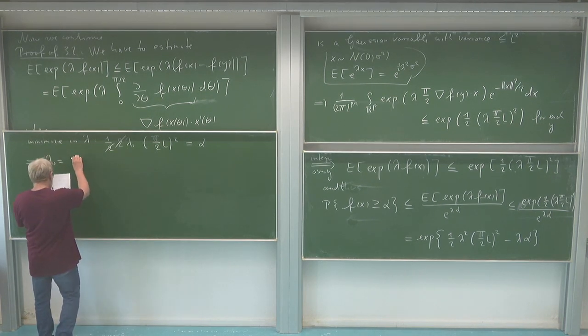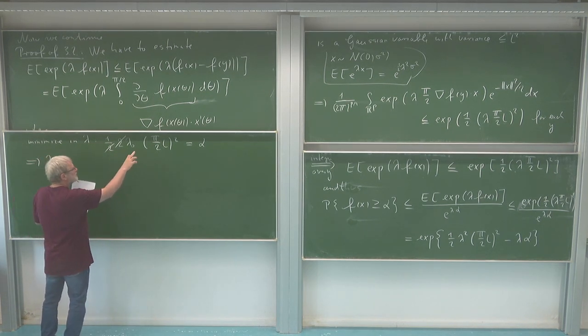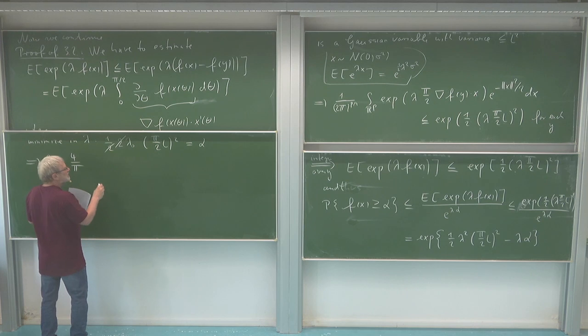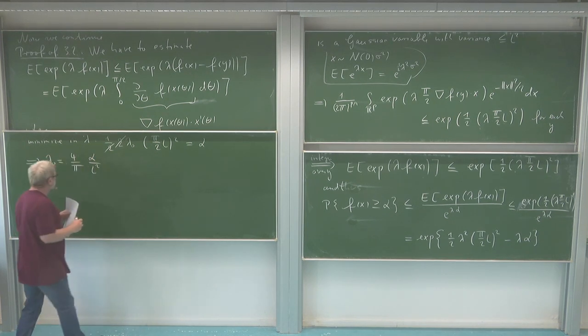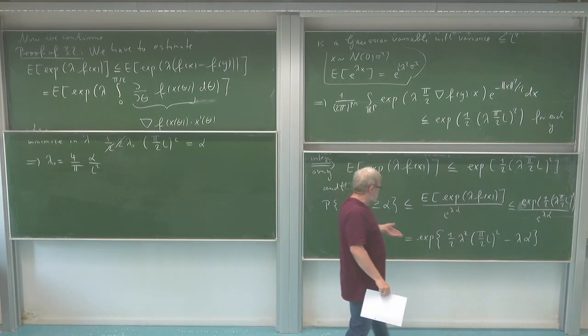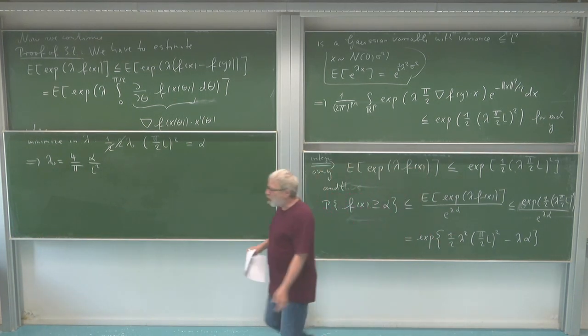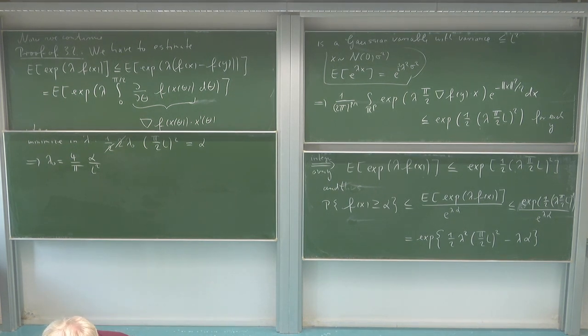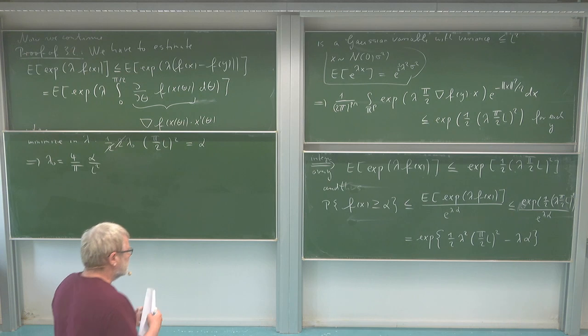alpha, maybe bring this on the other side, so it's 4 over pi alpha divided by L squared. So that should be the best choice of lambda, which I can do here, and then I plug this in, and then I get hopefully what I want. Yeah, so what is then